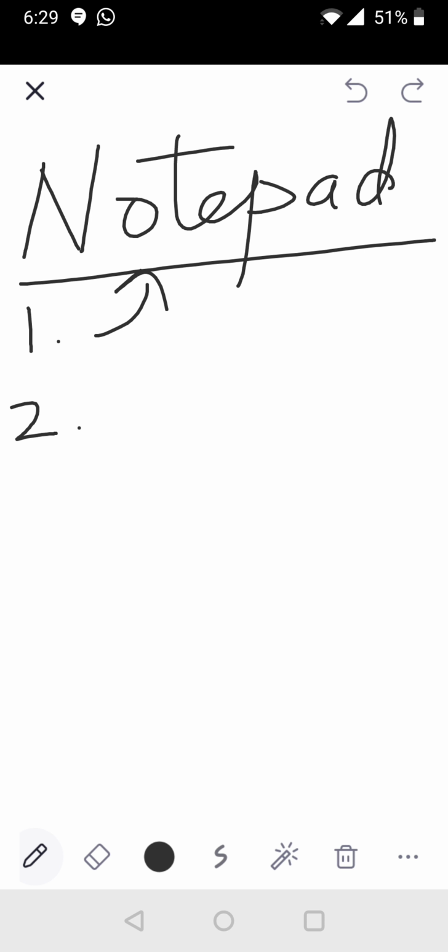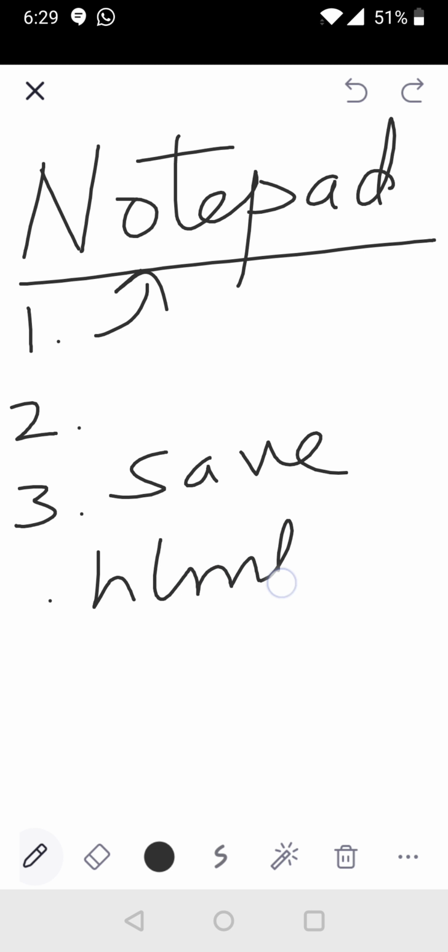Then the third is, when you write down the code, you have to save the file of Notepad with the extension .html. आप उसको किसके साथ सेव करोगे? .html. क्योंकि बाय डिफ़ॉल्ट नोटपैड की .txt फाइल बनती है. But what we require is an HTML document. ठीक है, क्योंकि हमें उसको ब्राउज़र पे रन करना है.